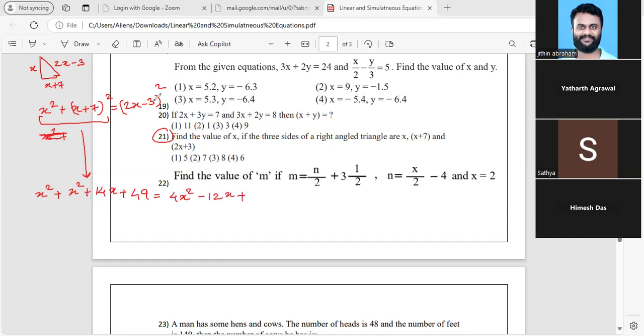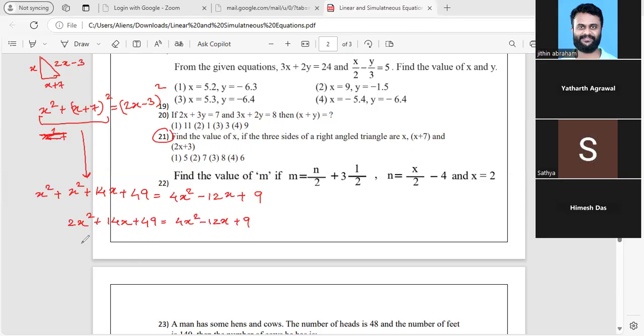Then plus 3 square, 9. Now, x square plus x square gives you 2x square over here, plus 14x plus 49 is equal to 4x square minus 12x